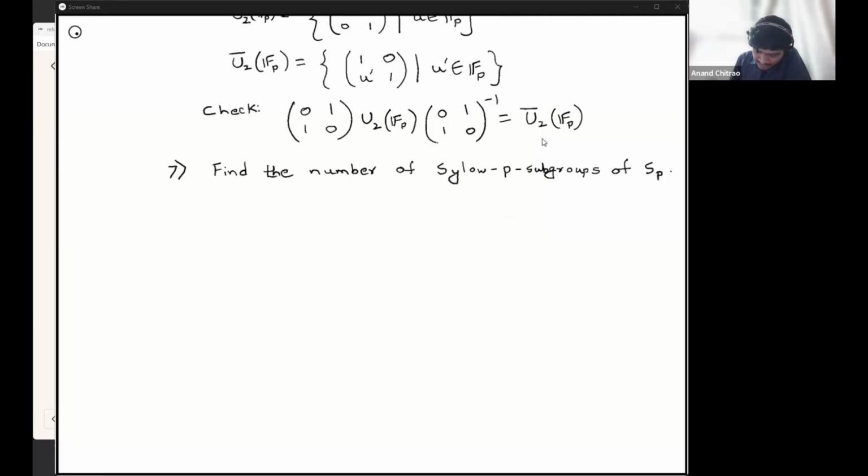So the number of elements in Sp of order p equals